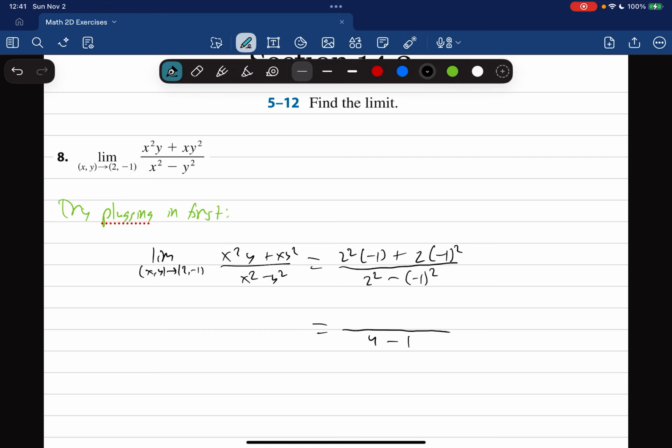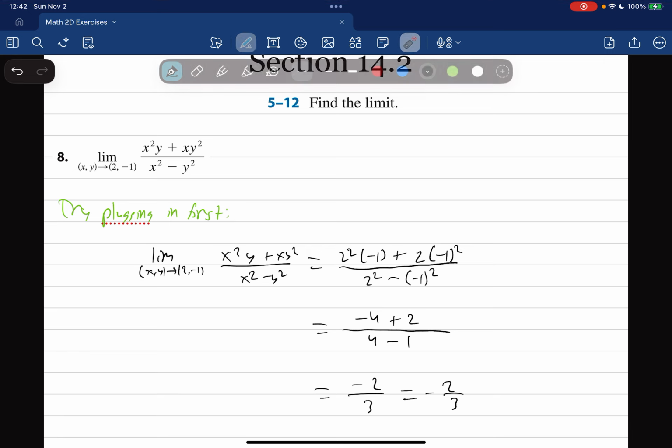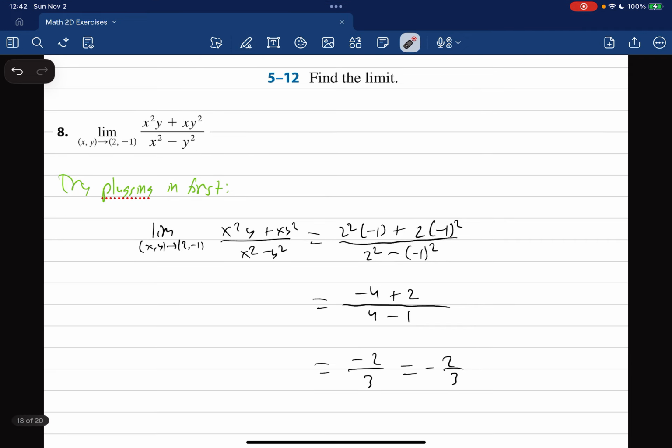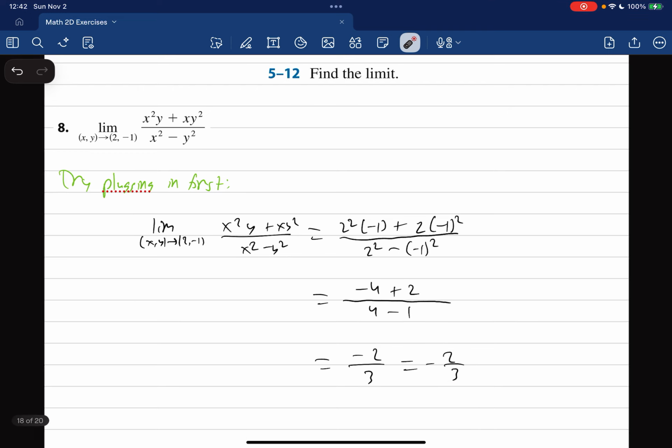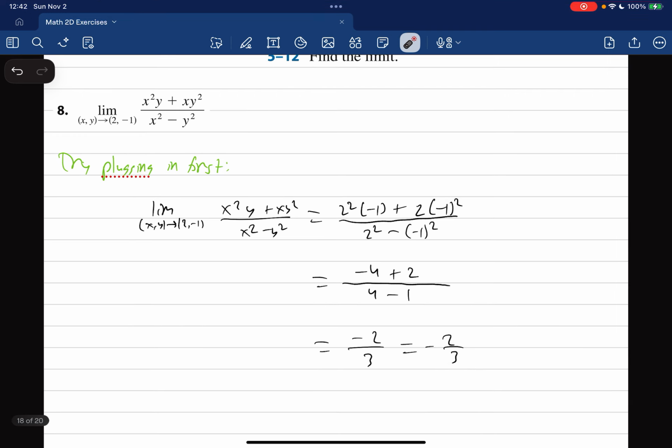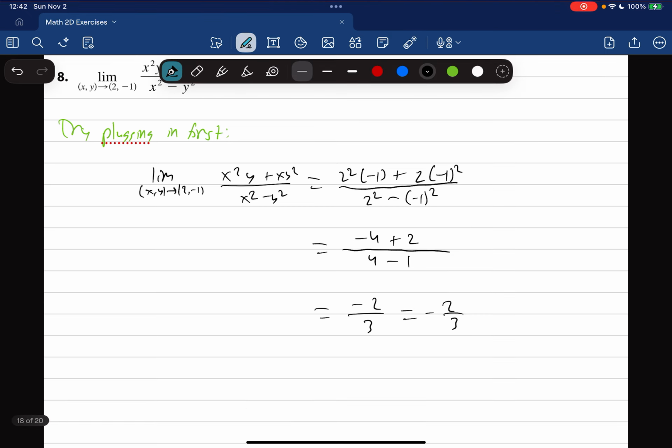And the numerator becomes, well, negative 4 plus 2. And when we simplify everything, this will be negative 2 over 3, which, if you want, pull out that negative and make it look clean. And notice how immediately we got the answer that we want. And importantly, this saves us a lot of effort from what was my first idea originally when I first saw this problem,